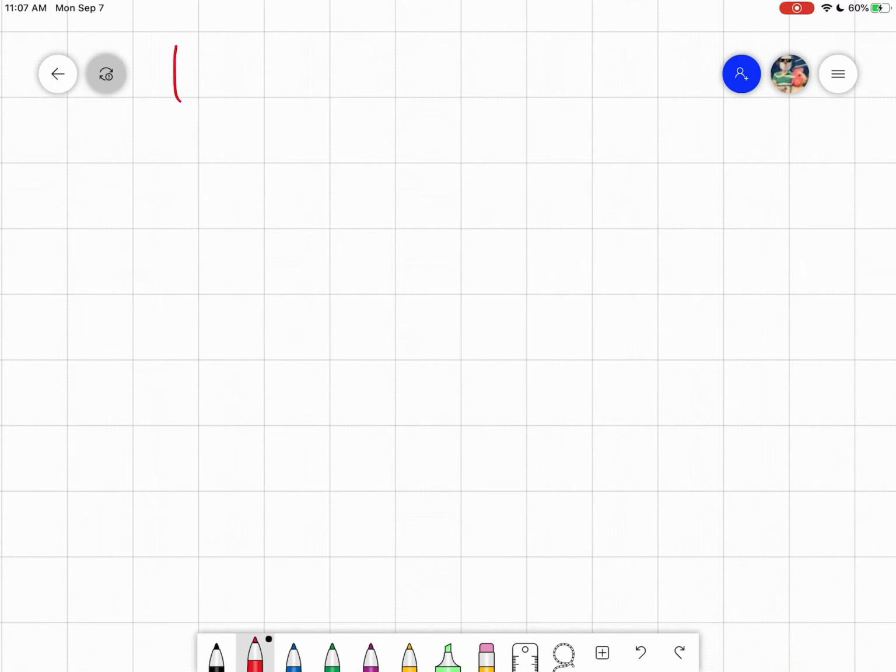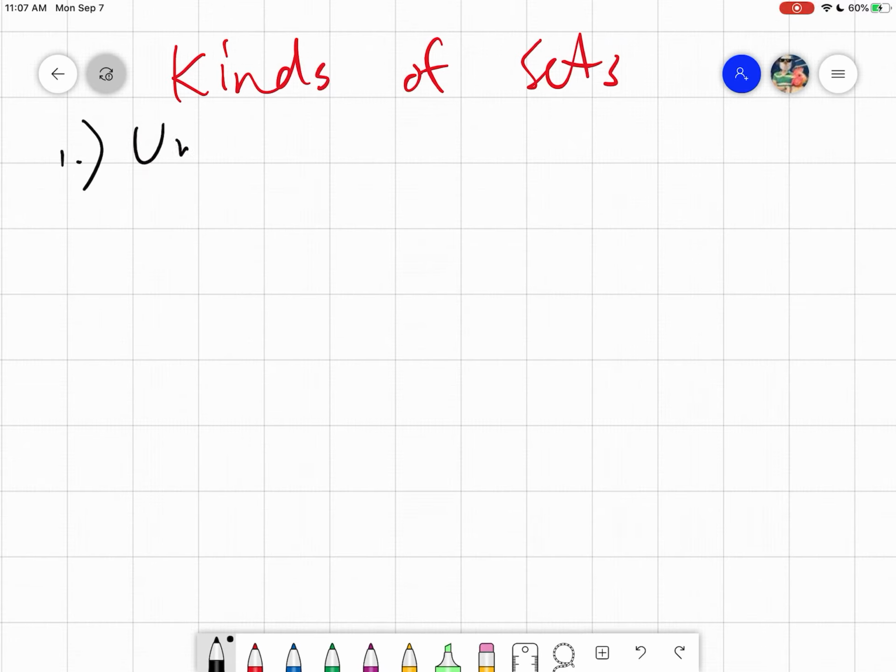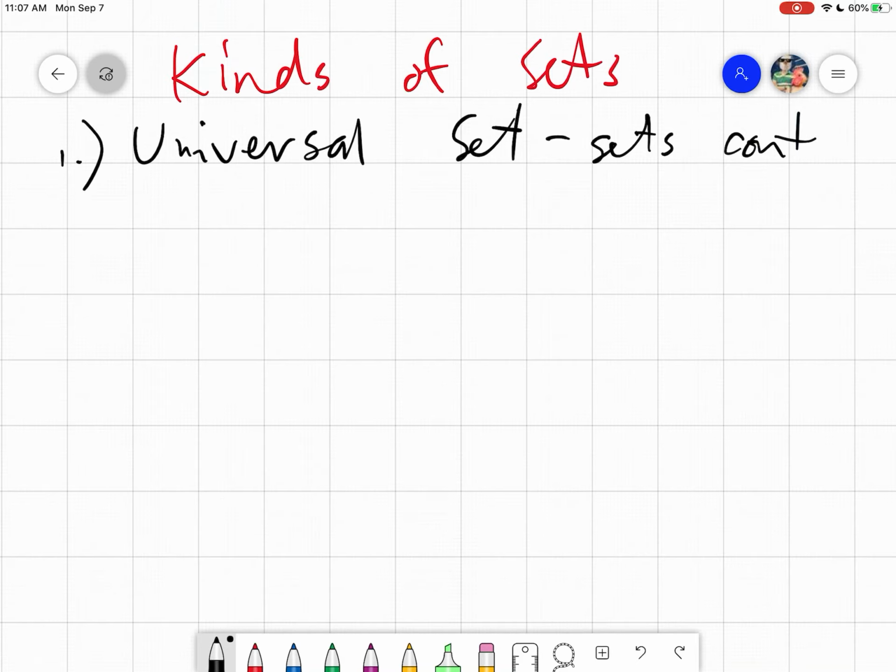Okay, so now we will be discussing about the different kinds of sets. Okay, so first one we have the universal set. Universal set. The universal set are just simply sets containing